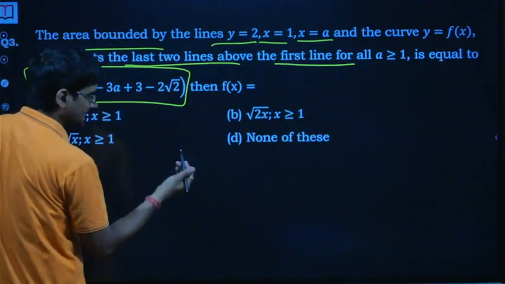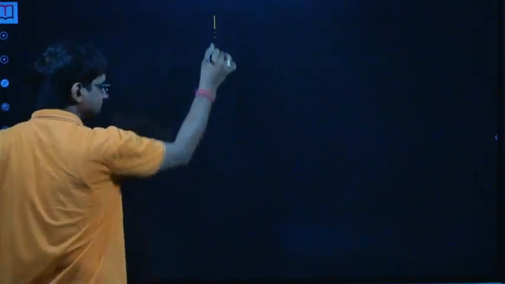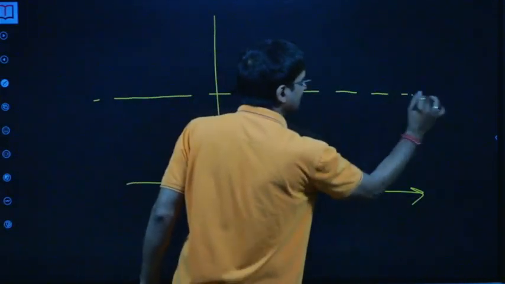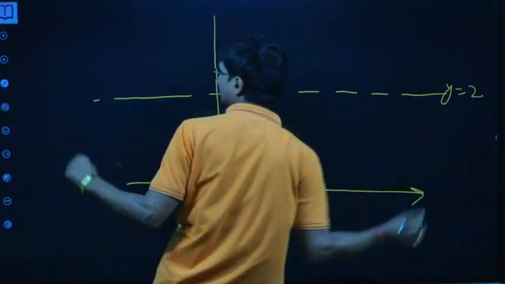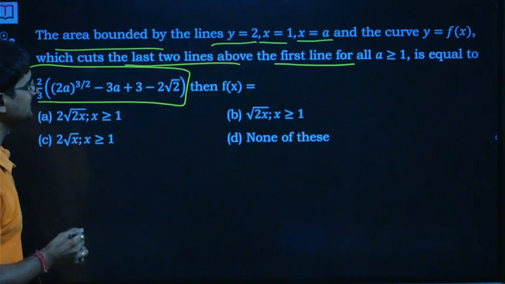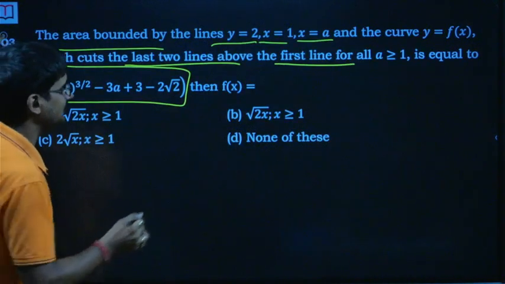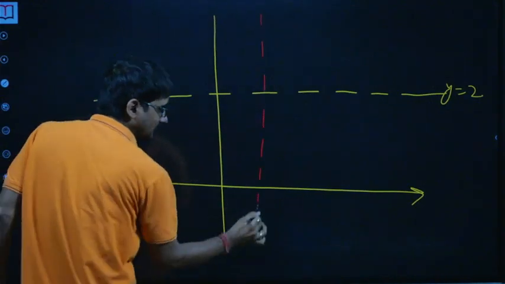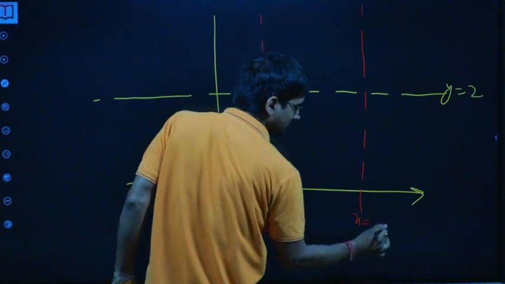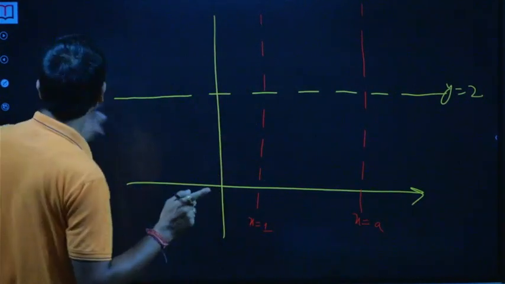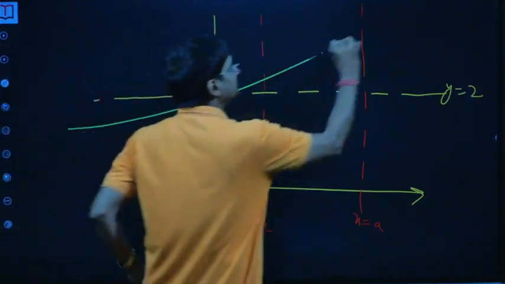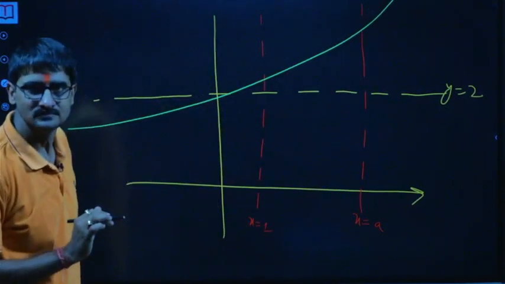So see, if I go for the curve here, of course you may say, where do we have the curve, because that's what we have to find. We have to find the function itself, isn't that? But see, they said in the question that it intersects x is equal to 1 and x is equal to a. So this is, let's say, x is equal to 1 vertical line, and as a is greater than 1, so x is equal to a. The curve intersects both the lines above this horizontal line. So something like this, isn't that?